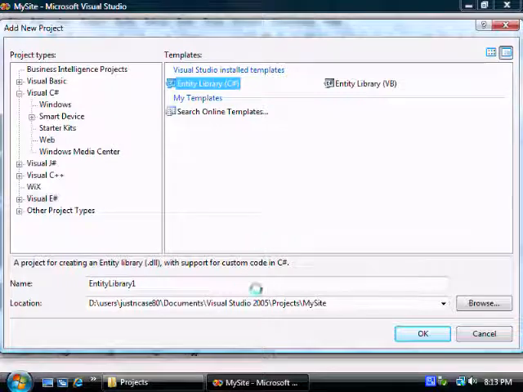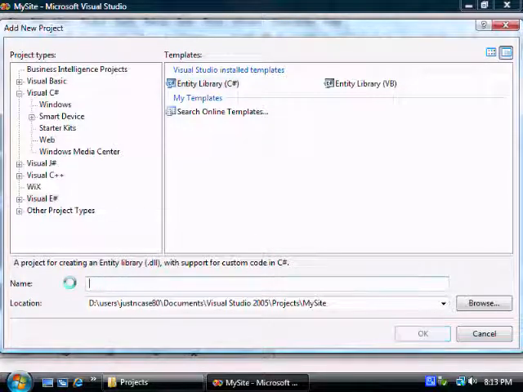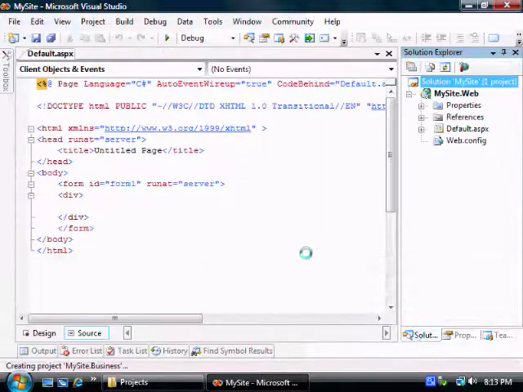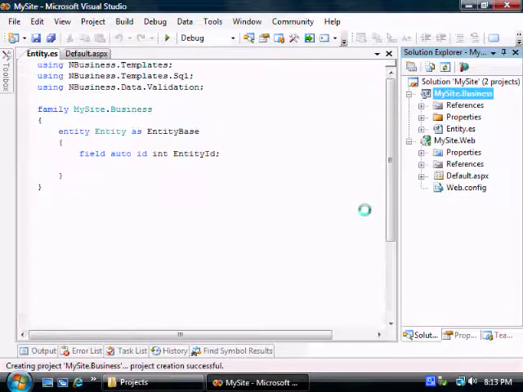So in this case, we're going to change this to mysite.business. And then we're going to add a reference to that project,